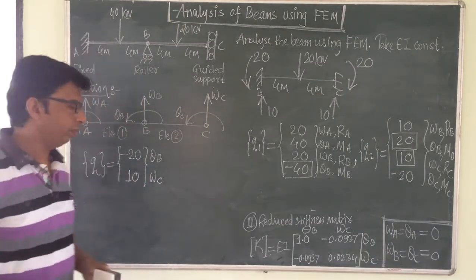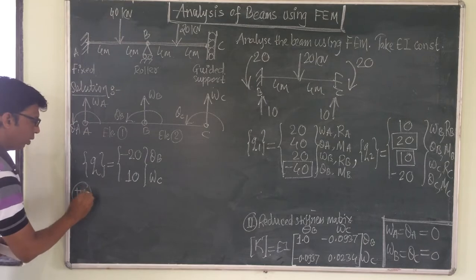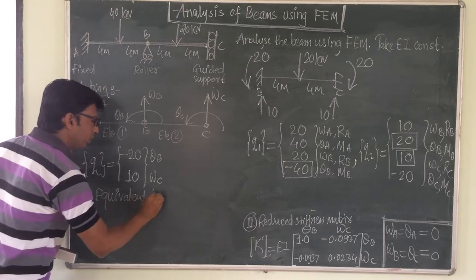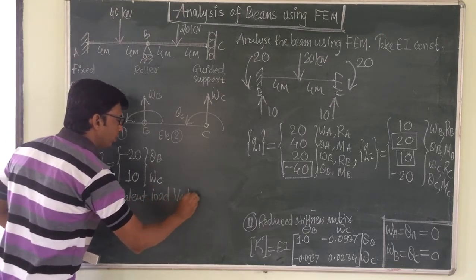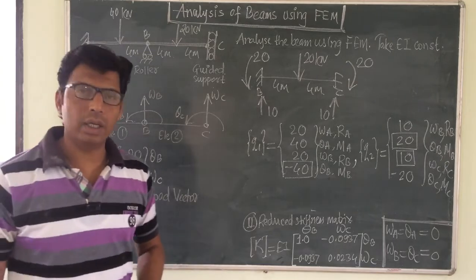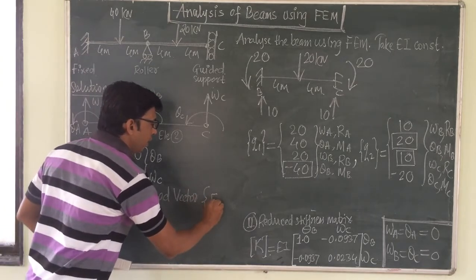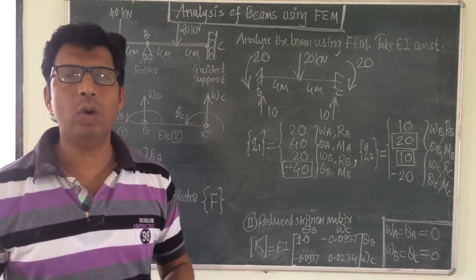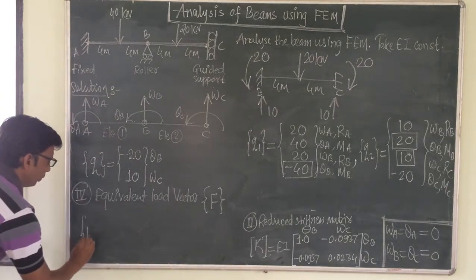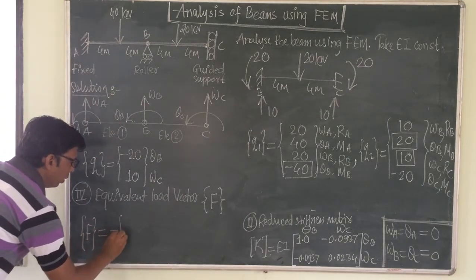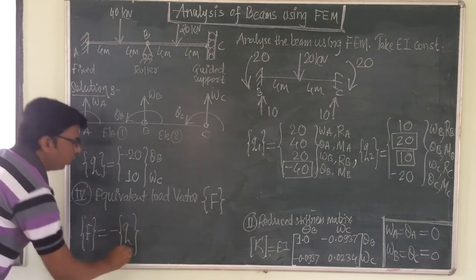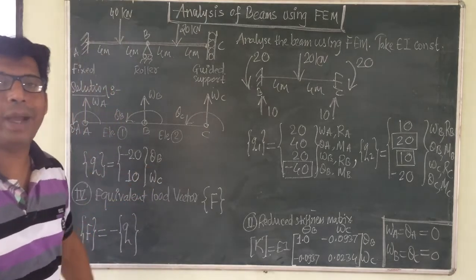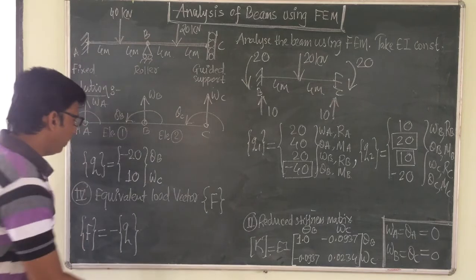Step number 4: the equivalent load vector. The equivalent load vector, which is represented by vector F. So the fourth step is to calculate the equivalent load vector. F is equal to minus of Q. This means this Q you have to take only with a minus sign. So minus of Q